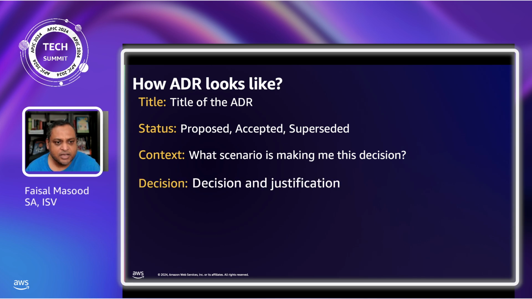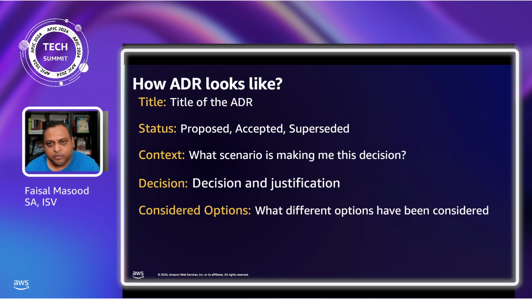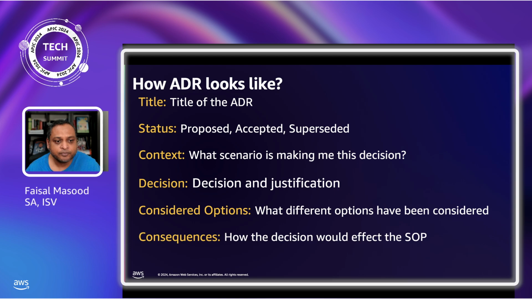In the decision itself, a very important thing is to add other options that have been considered, because architecture is all about options. There's a famous saying in architecture: for every question, the answer could be "it depends." So we weigh the pros and cons, and we consider other options to achieve the same requirement, so the reader has a fuller understanding of what has been gone through in this ADR.